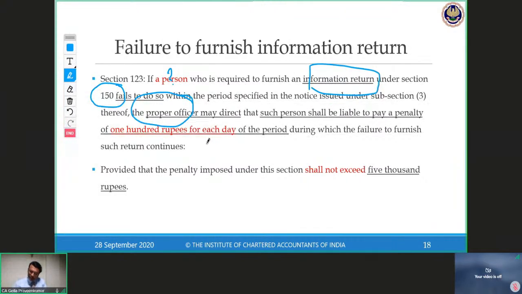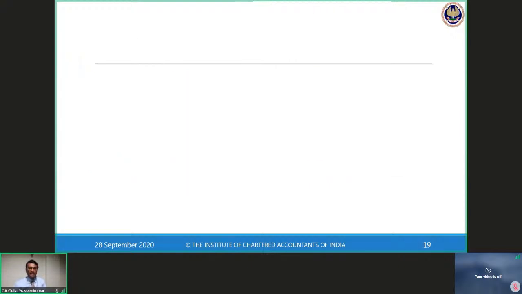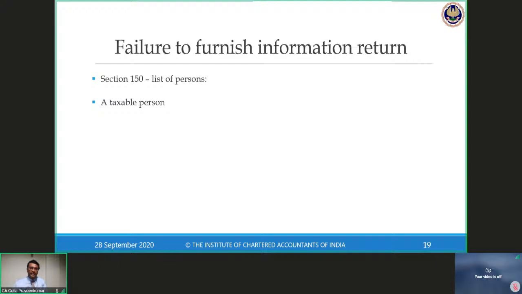I'll see how many consignments were cleared. This person has got an IEC code. Is he having only one place or multiple places? All this is statistical information I am collecting under what? Under section 150. So when you look into section 150, the list of persons, I'm just giving an indicative list,